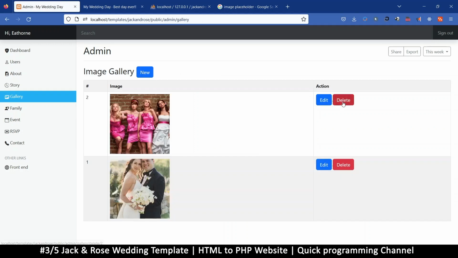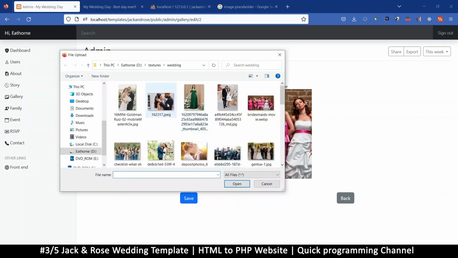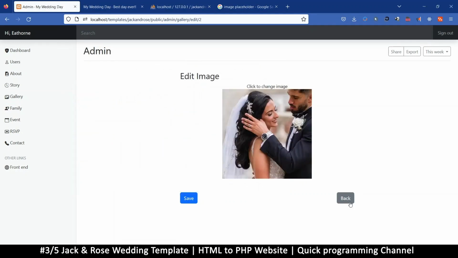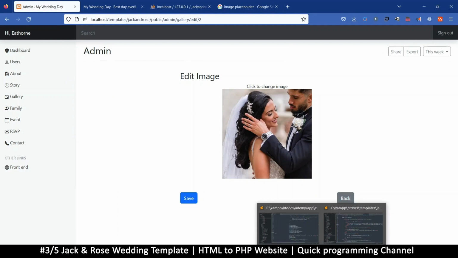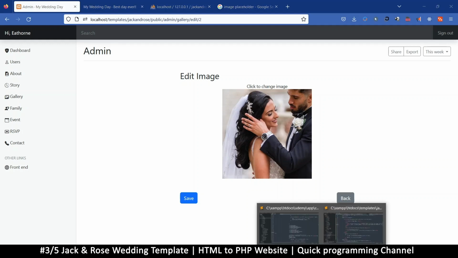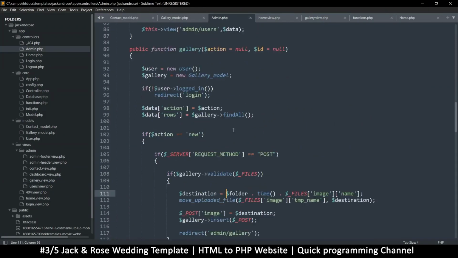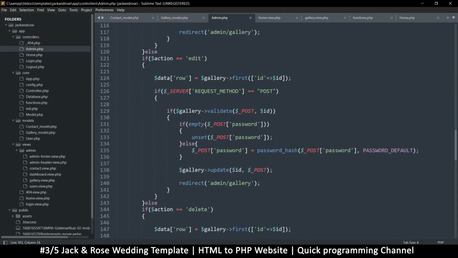So let's go back again, let's edit this one and click on it. Let's put in something else. Let's try a JPEG, like so. Now once I hit save, we need to be able to delete the old one and replace it with the new. So we have to go to our admin section, and this is the new, but then we have